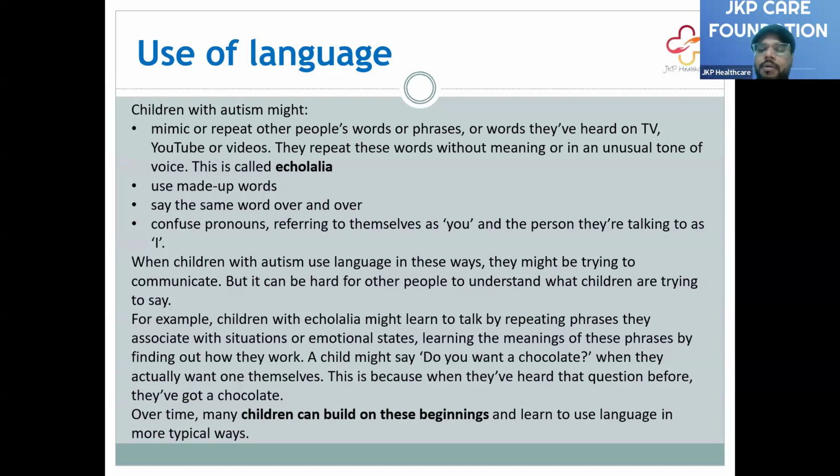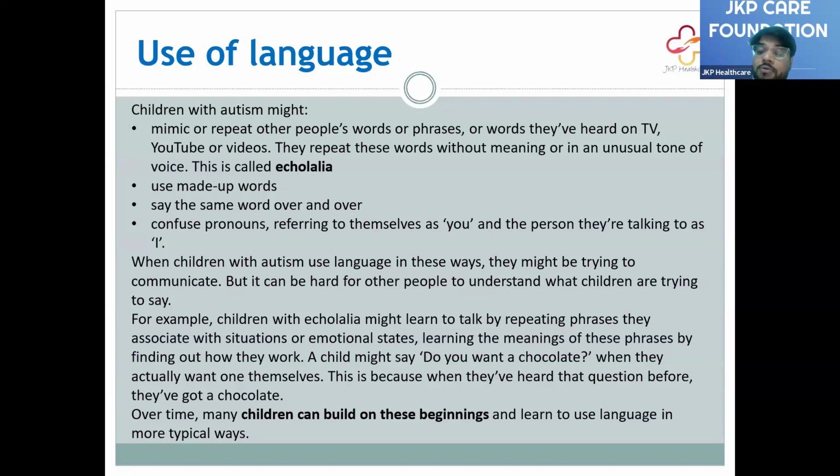Now what will happen next time whenever the child wants chocolate, जब भी उसको चॉकलेट चाहिए, what will he do? He will not say "I want chocolate," because last time he heard "Do you want chocolate?" उसने लास्ट टाइम सुना था "do you want chocolate" और उसको चॉकलेट मिल गया था. तो अभी वो उसी फ्रेज को रिपीट करेगा, "Do you want chocolate?" So by this question he is asking us for the chocolate,